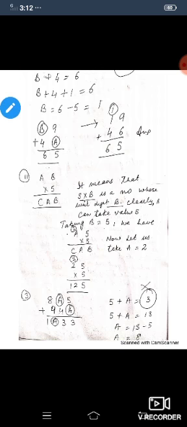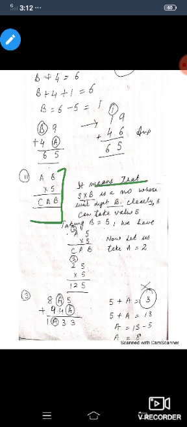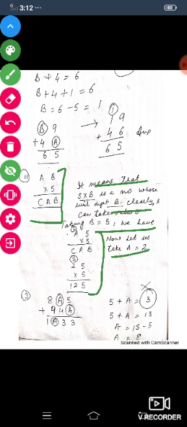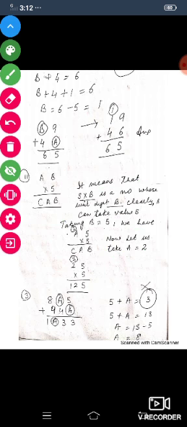So, the next part is the product part. AB into 5 is equal to CAB. Now, class, 5 is multiplied to B and we are getting B as our unit digit answer. Taking B as 5, now A5 into 5 is CAB. Clearly, 5 into 5 is 25. Now, let us take A as 2: 25 into 5 is equal to 125. Here our C is equal to 1, A is equal to 2 and B is equal to 5.